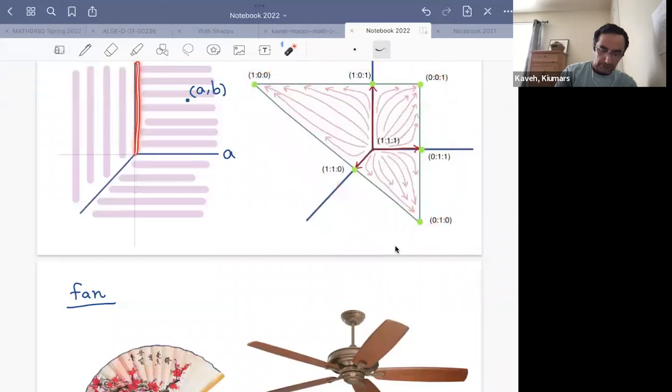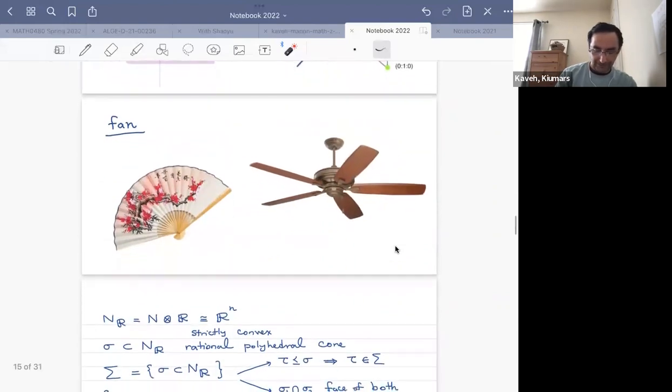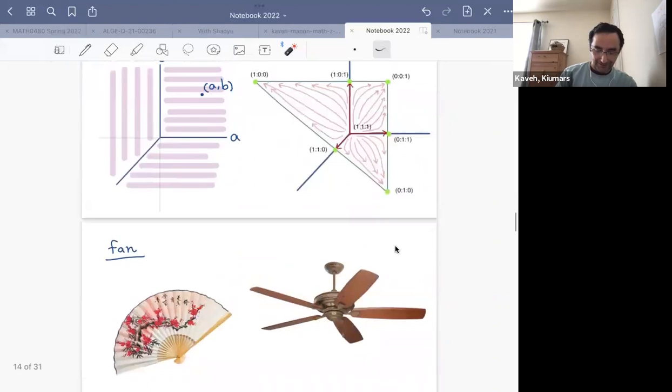So this is an example of a fan, and this is a polytope normal to the fan. I will not talk about the polytope picture, but in the talk I'll use fans a lot. This is a fan: a bunch of polyhedral cones, all centered at the origin and overlapping on their faces.